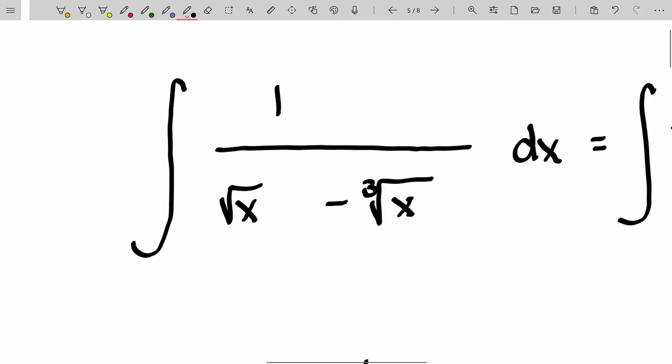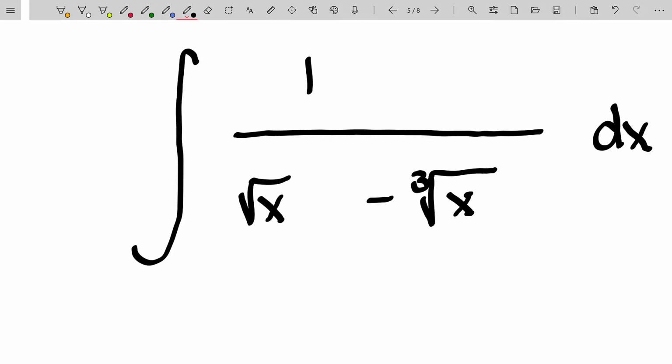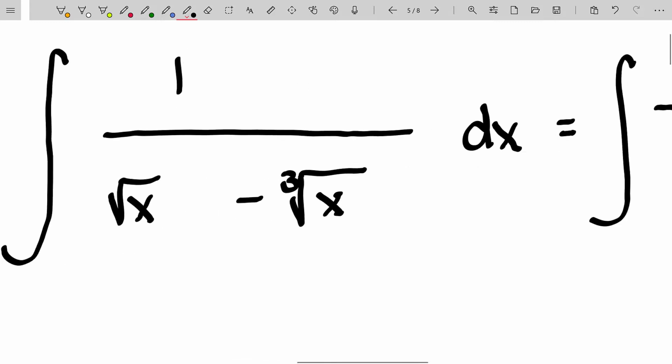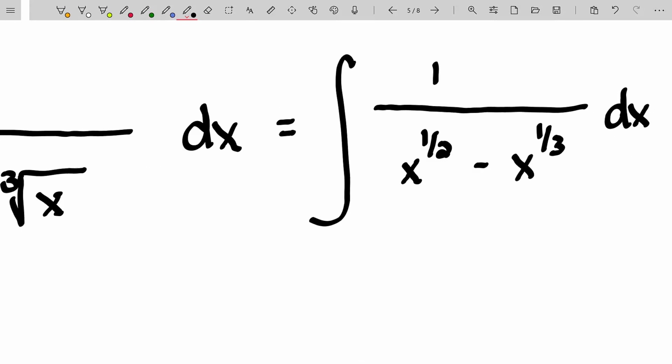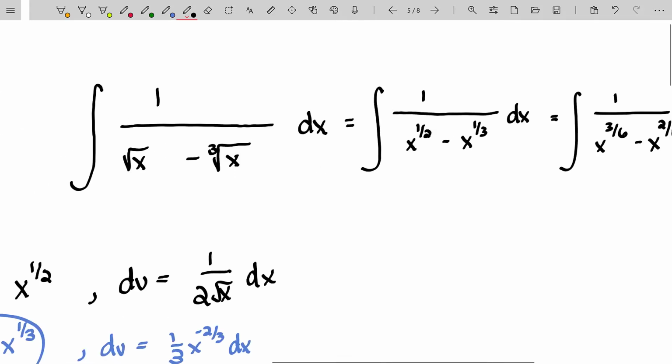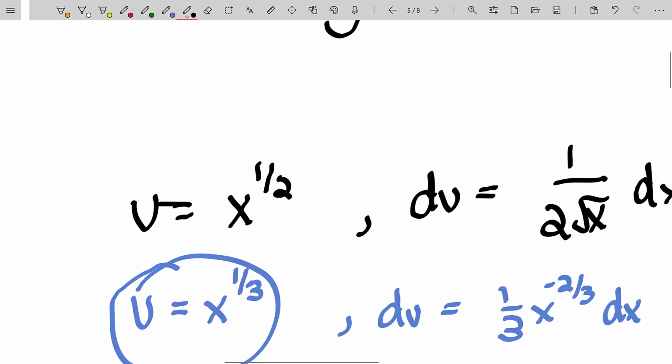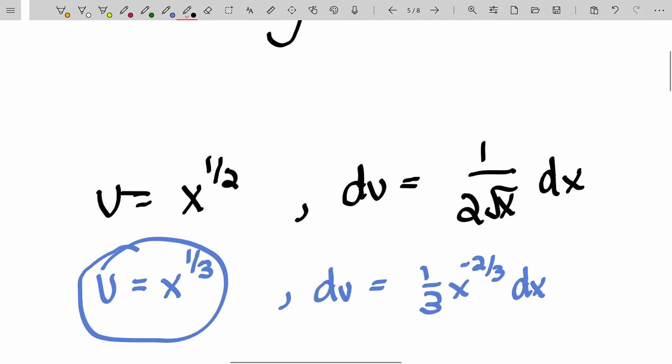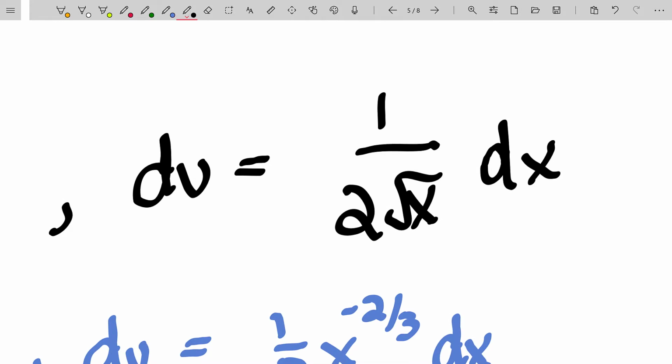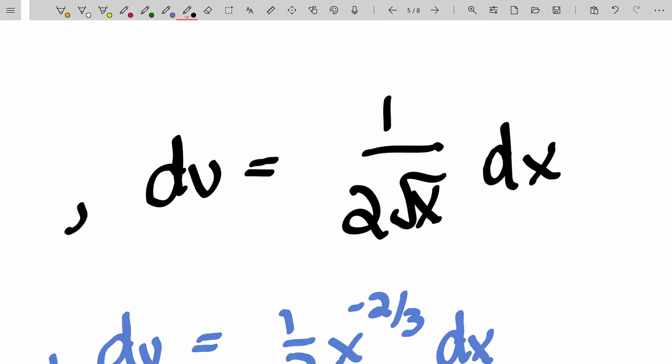Again, I want to just convince you, I'm facing an integral with a few radicals within it. My immediate reaction is I need to make a radical substitution. So the first thing I'm going to do is rewrite things in terms of rational exponents, and take a look at what the ramifications of different types of substitutions are. Again, I tried out u is equal to x to the 1/2. That tells me that du is 1 over 2 root x, which is the same thing as 1 over 2u, and that's okay. However,